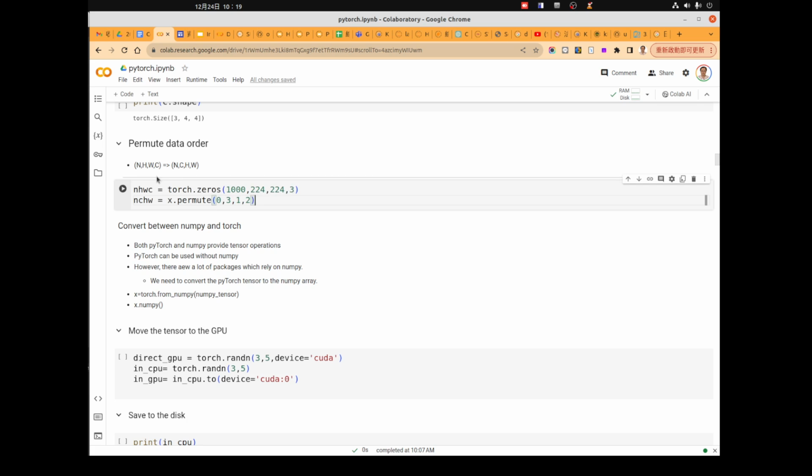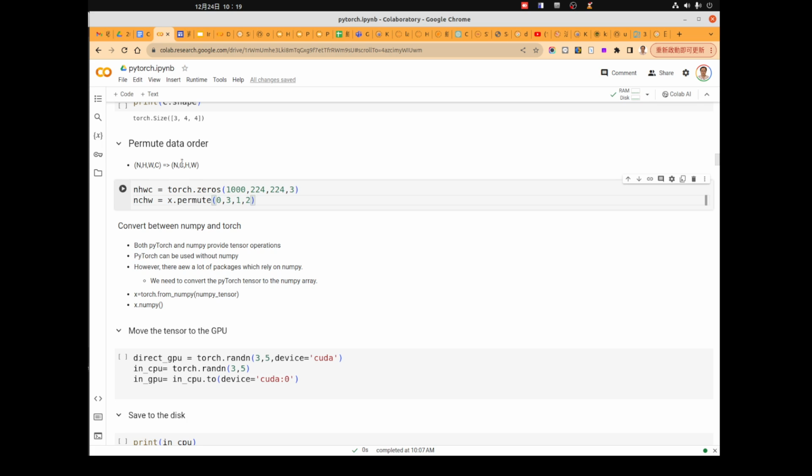The easiest way is that we assign the numbers 0, 1, 2, 3 here, and then we put them in a new order. Because this is 0, 1, 2, 3, H is 1, W is 2, C is 3.